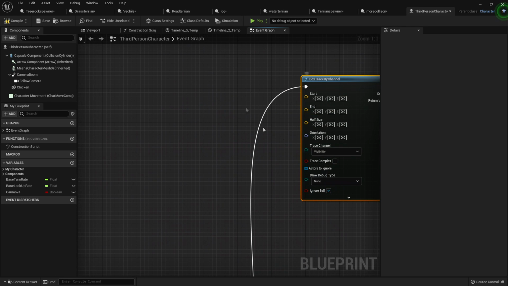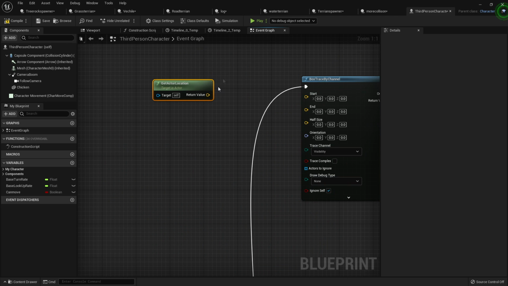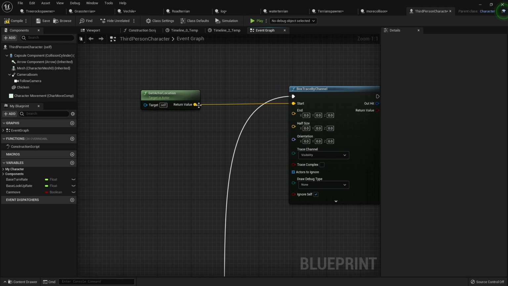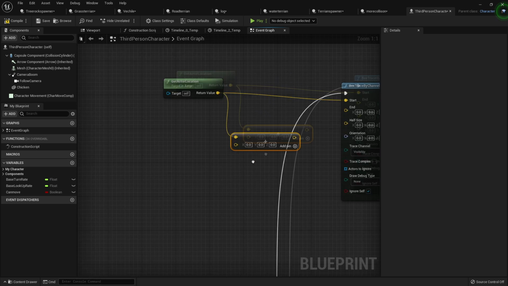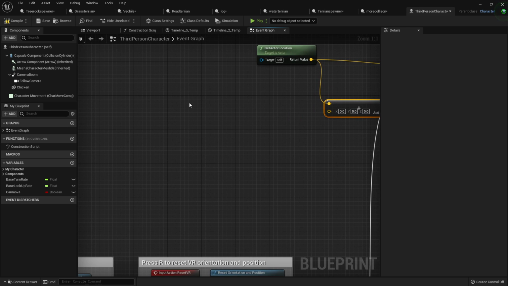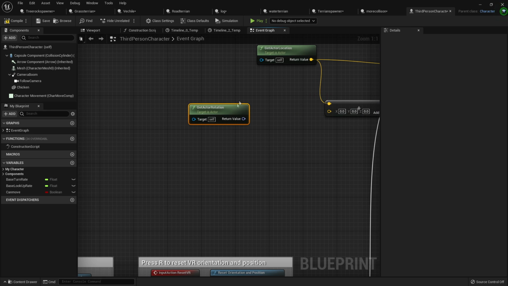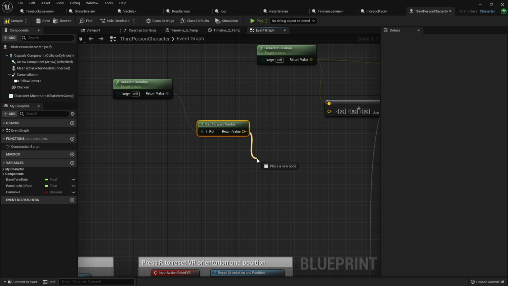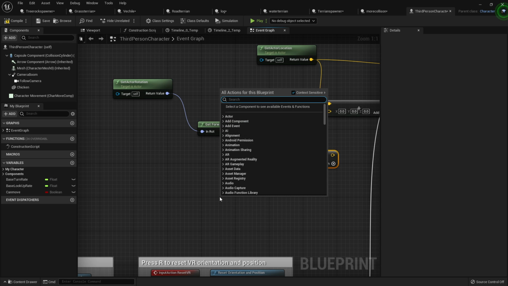So where we're going to start this box trace, you want to right click and look for get actor location and just plug this into the start. And for the end location, what we want to do is just drag up here and look for plus, so vector plus vector, and what we'll be plussing, we will right click and look for get actor rotation. From here we want to drag up here and look for get forward vector, and we want to multiply this by a number, and the number we'll be multiplying it by is, if we right click again and look for multiply,